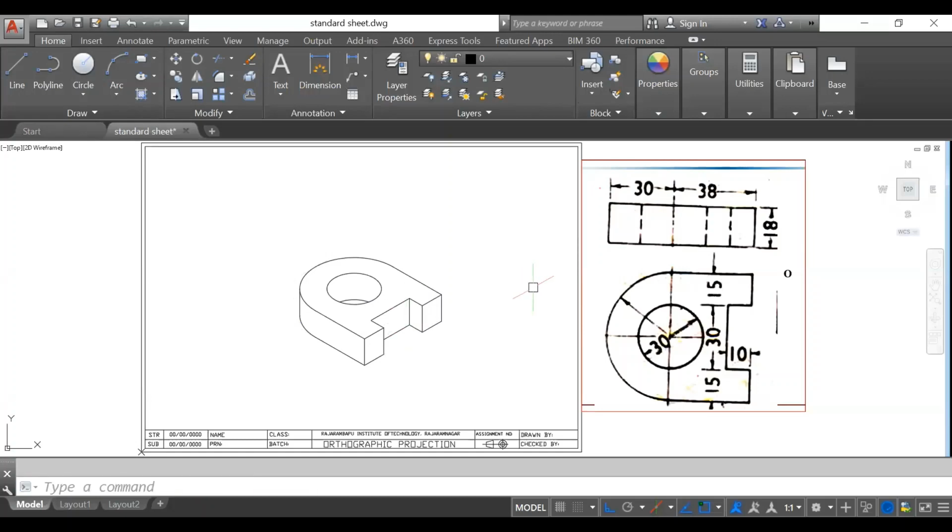And one thing is remaining here, we have to show the direction or orientation. So here we have to show an arrow in the front view direction. Okay, we have to show an arrow in the front view direction. So this is the front view. So that's why I have to show the arrow in the front view direction. So how can we show the front view direction arrow? You just change the cursor in top view mode.